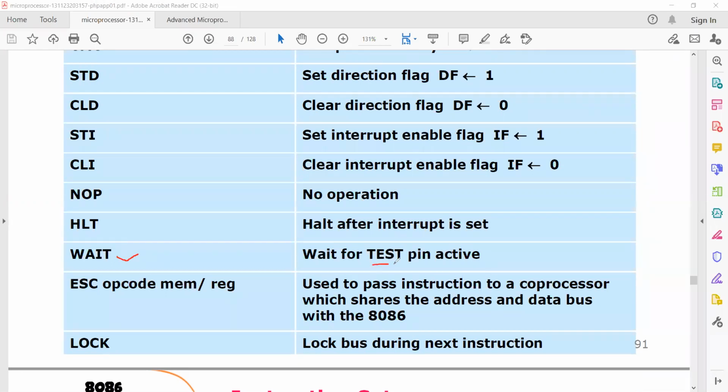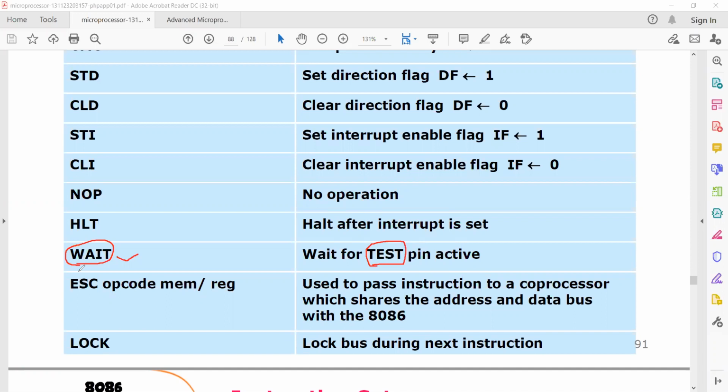When the test pin is active, then the processor goes into wait state. In order to indicate that wait state, we use the wait instruction.